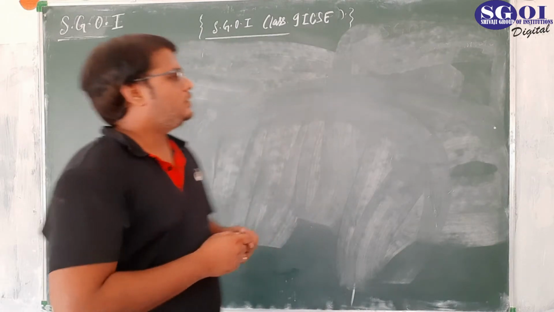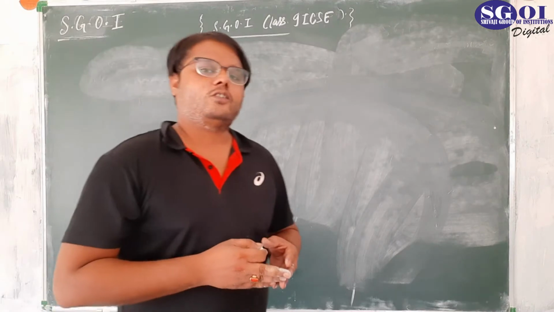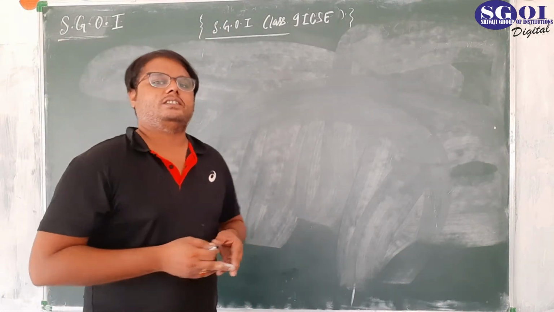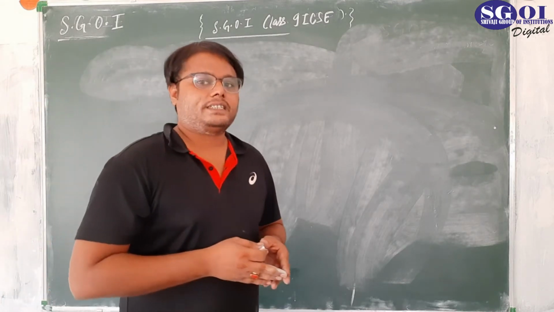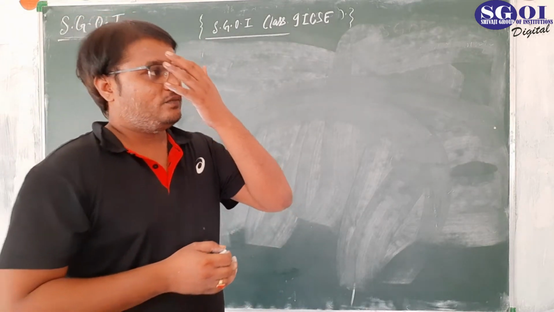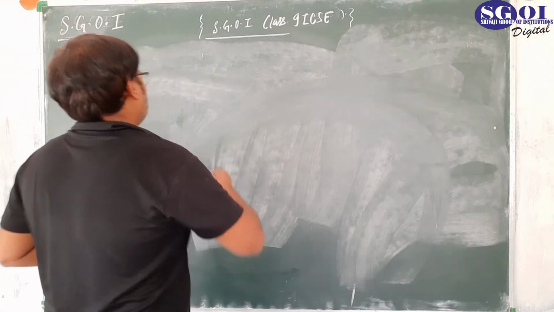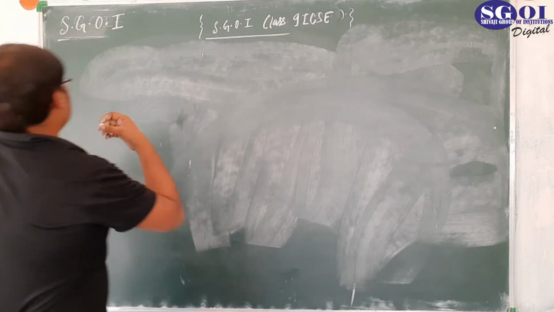Welcome again to your physics class. Today we are going to learn the last topic of image formation, and that is whenever our object is located between focus and pole. This is the last topic that was just yesterday, and we are going to cover it today.